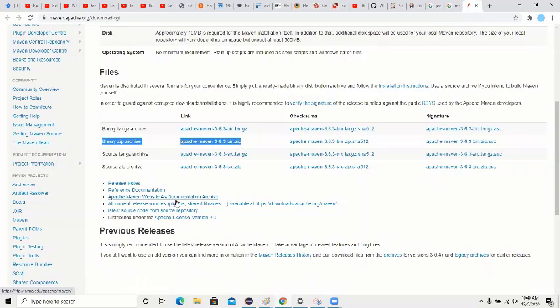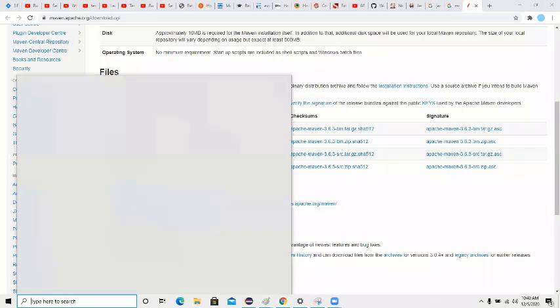It will be saved. This is a zip file. You can have this file anywhere in your folder. And after that,